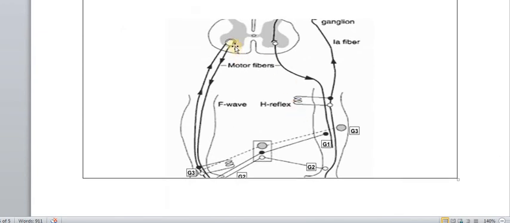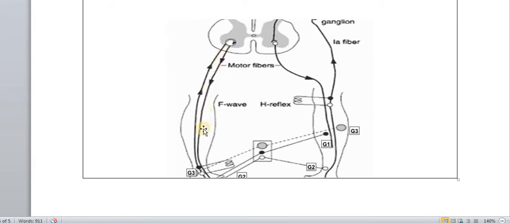F wave testing is done only with the motor fiber, there is no sensory fiber, so this is a motor fiber. Now when I stimulate this muscle at, let's say, this point, at any point, again we will have two graphs. One, when the current is given here, one current quickly goes down and the muscle graph comes. One current goes up, see first it goes up, this arrow goes up and it reflects back on the same nerve fiber, so it goes up and it comes down.